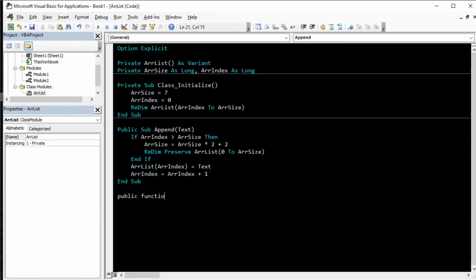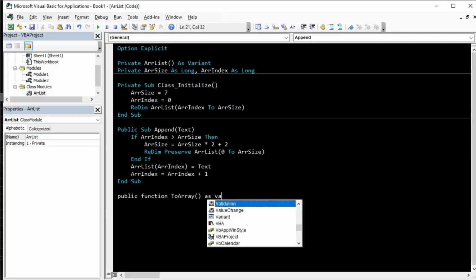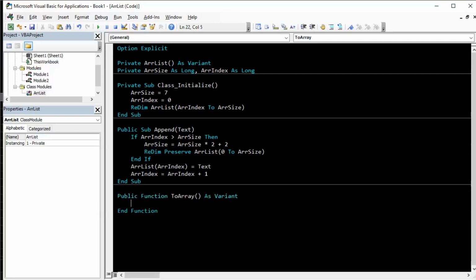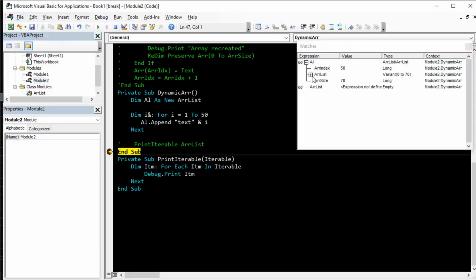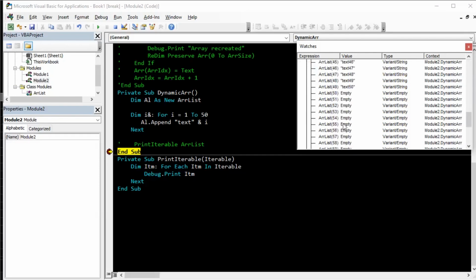Okay, and now I want to create another method inside this class, a public function which returns an array. So ToArray as Variant. This will return the exact array that we have populated. I will show you what that means. You can see we have 51 items inside this array, but some empty spaces. We don't want these empty spaces, so that is why